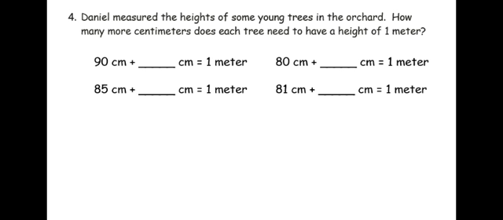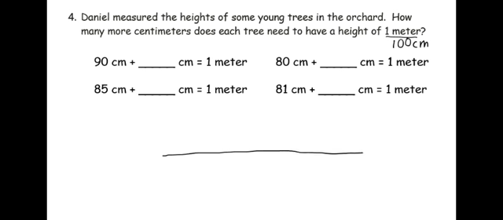The last question says, Daniel measured the heights of some young trees in the orchard. How many more centimeters does each tree need to have a height of 1 meter? Well, in order to determine that, we have to remember that 1 meter is the same thing as 100 centimeters. In this case, I'm going to use a number line to help me figure out the answers. So I'm going to draw an open number line,